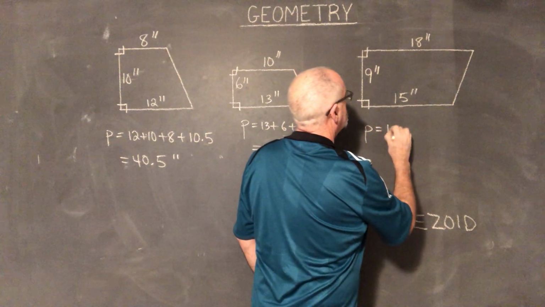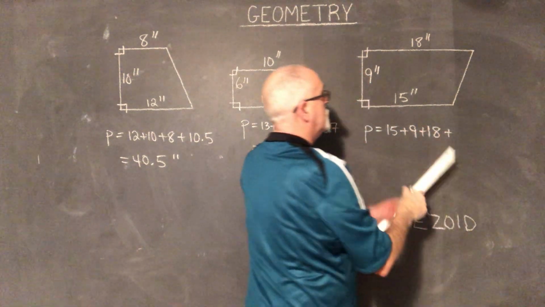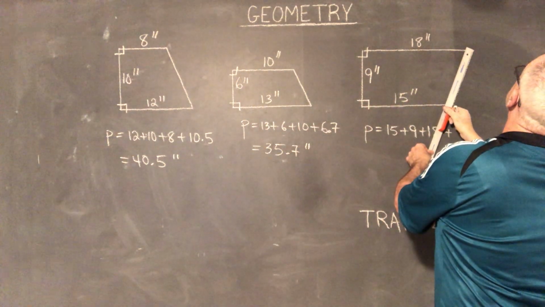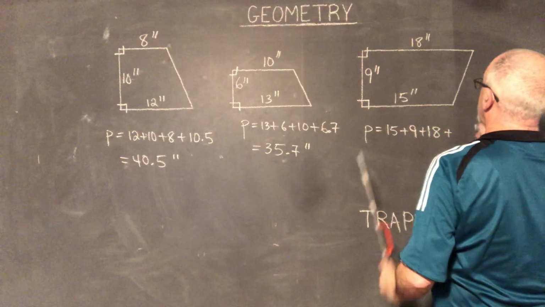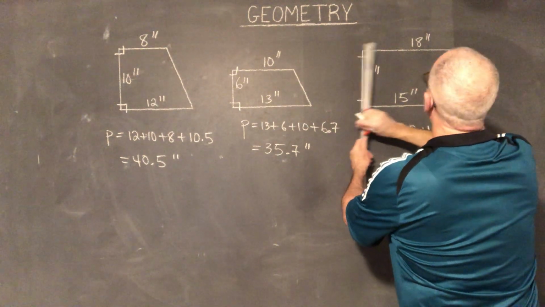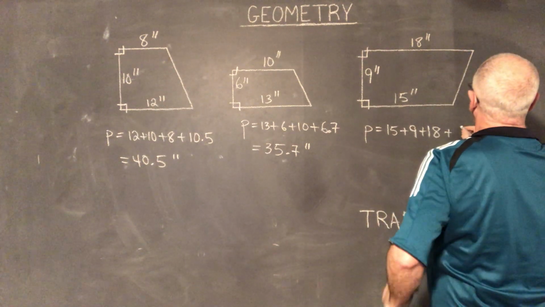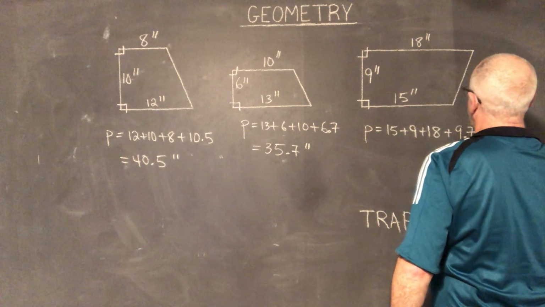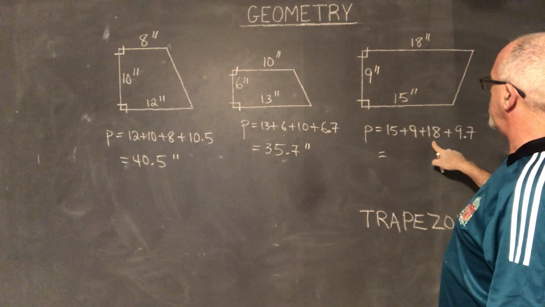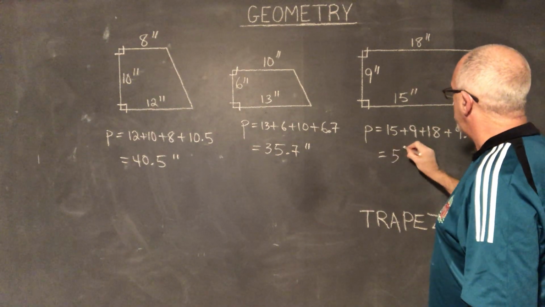Perimeter here is equal to 15 plus 9 plus 18 plus this last side. Even though it's angled differently, it still just has to be measured. And I'm going to say that this was 9. So at first glance, there we go, 9.7, which is equal to 15 plus 9 is 24, plus 18 is 42, plus 9.7 is 51.7